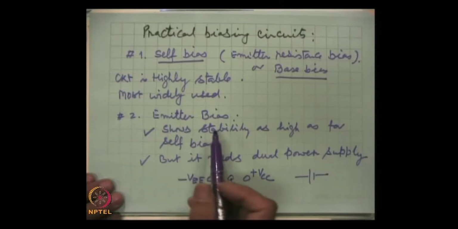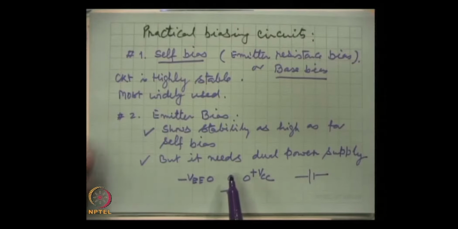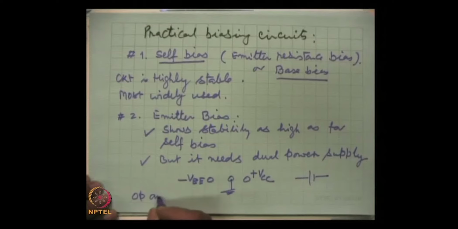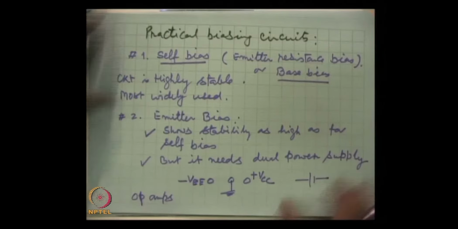Now, emitter bias, while it shows stability as high as in the self bias, needs a dual power supply. This is also a very popular biasing scheme. Almost all operational amplifiers, op amps, make use of this scheme. So, very important. And the third one is